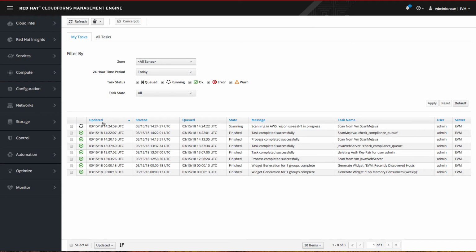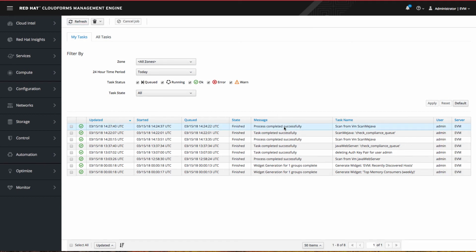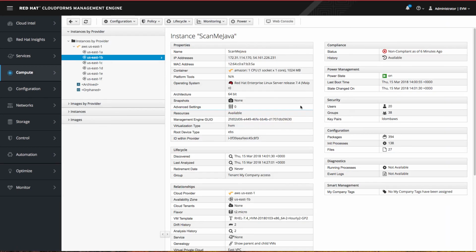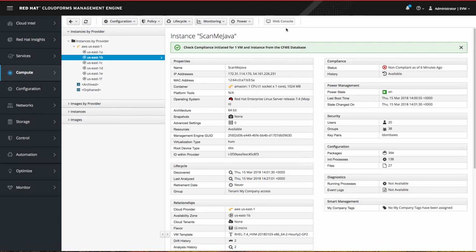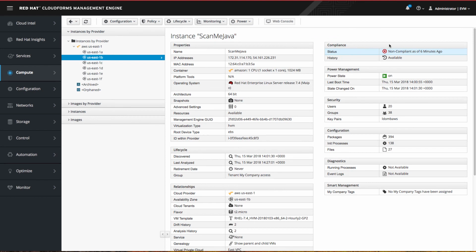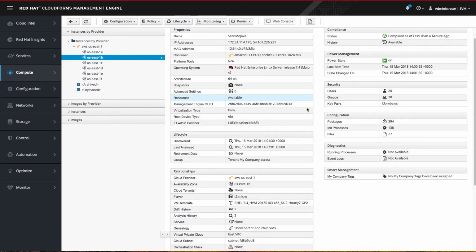So I'm going to fast forward here to the scan. You saw the scan before already, and we're also going to go and check now the last known configuration. Because we updated and fixed the issue, we would expect, of course, that now that compliance status is going to turn to green, which it is. So let's go verify now what actually happened